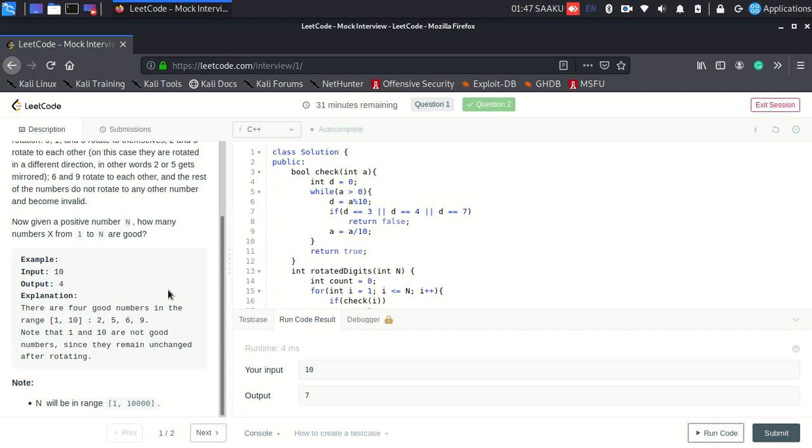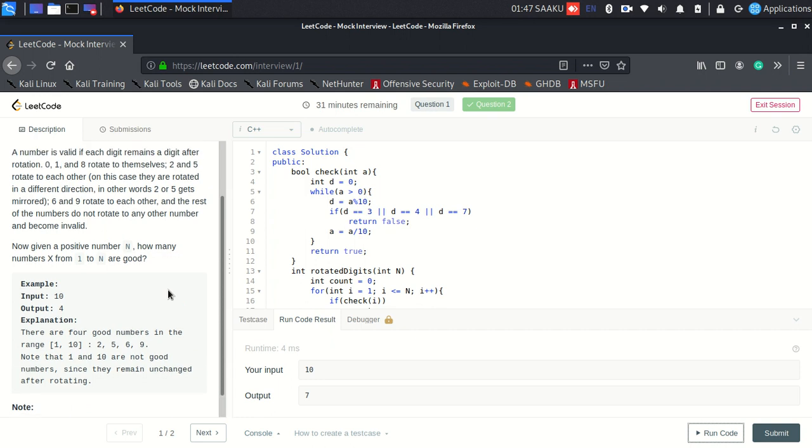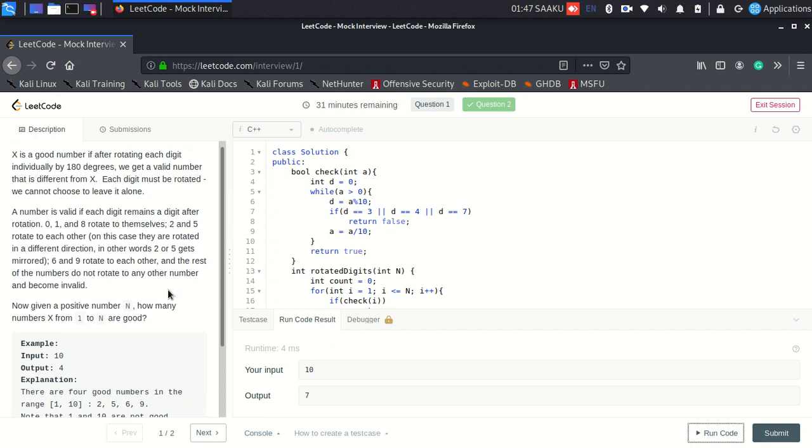Okay, alright. So 1 and 10 are not good numbers since they remain unchanged after rotating. Alright, I'm extremely sorry. They remain unchanged. Alrighty, I get the question. So if it's 1 and 8, so numbers like 88, they remain unchanged. So yeah, I get it now. It's not as simple as I thought it to be at first. So numbers like 88 or numbers like 11 or numbers like 10, these all are non-symmetric numbers because they are a valid number,